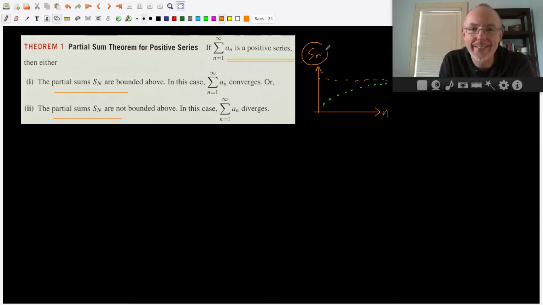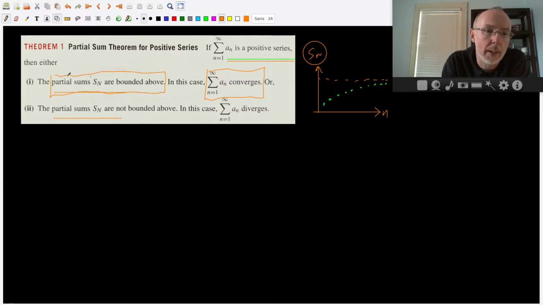And since these are the values of the partial sums, and we know that those partial sums are increasing, they must get bigger with time. If they're bounded above, then they must converge to some value. And we had a theorem that said that in the previous section. So to show that the series that we're interested in converges, it's enough to show that the partial